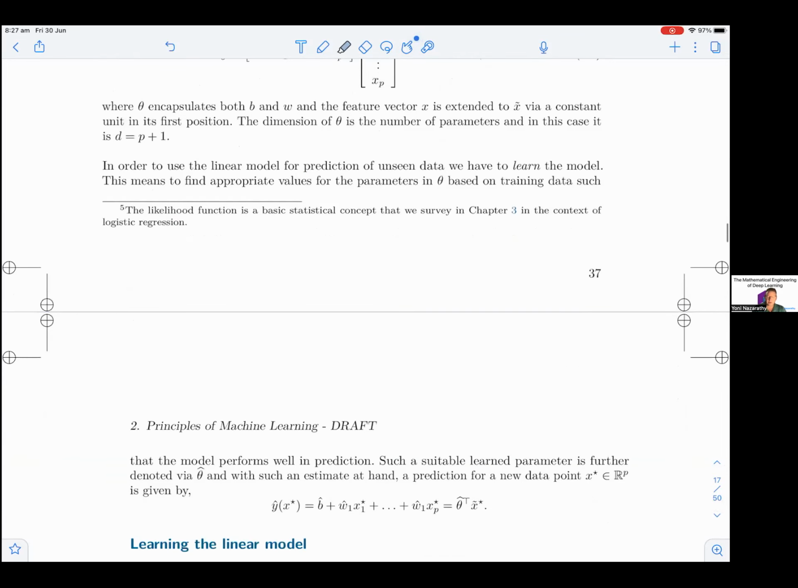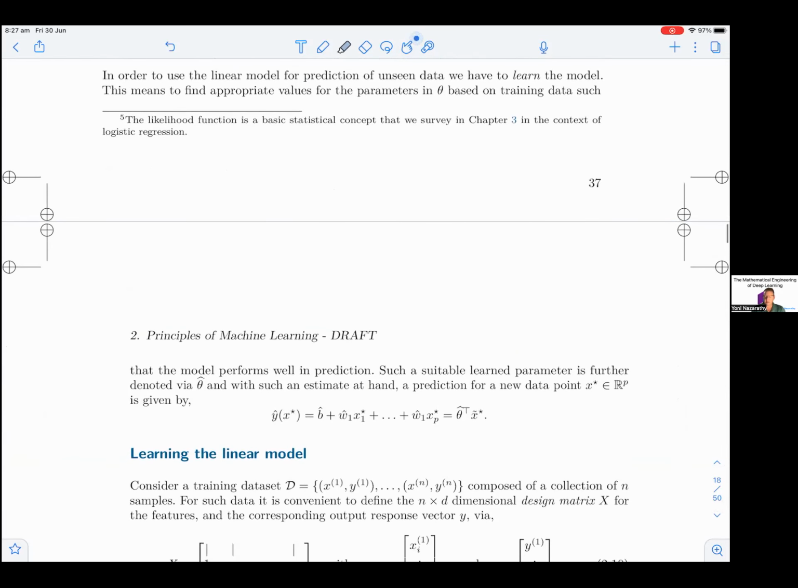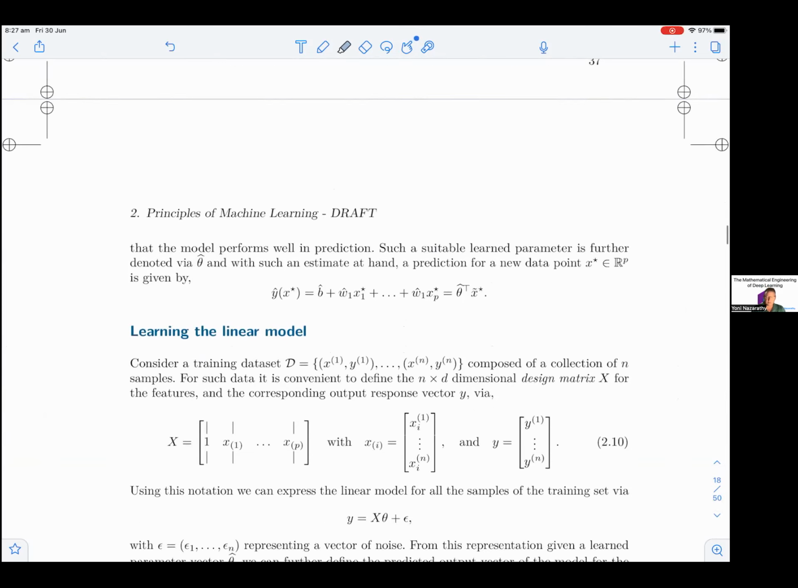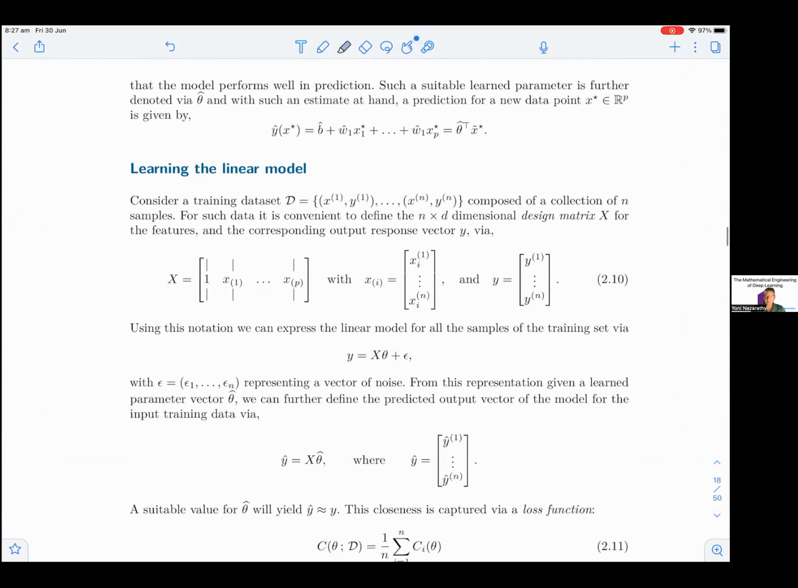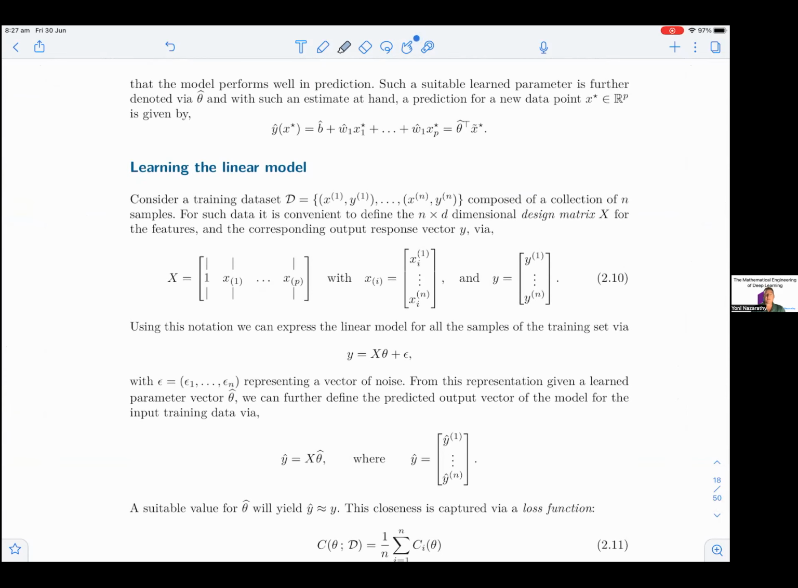In order to use the linear model for prediction of unseen data, we have to learn the model. This means to find appropriate values for the parameters in theta based on training data, such that the model performs well in prediction. Such a suitable learned parameter is further denoted via theta hat. With such an estimated theta hat, a prediction for a new data point, x star in R^p,